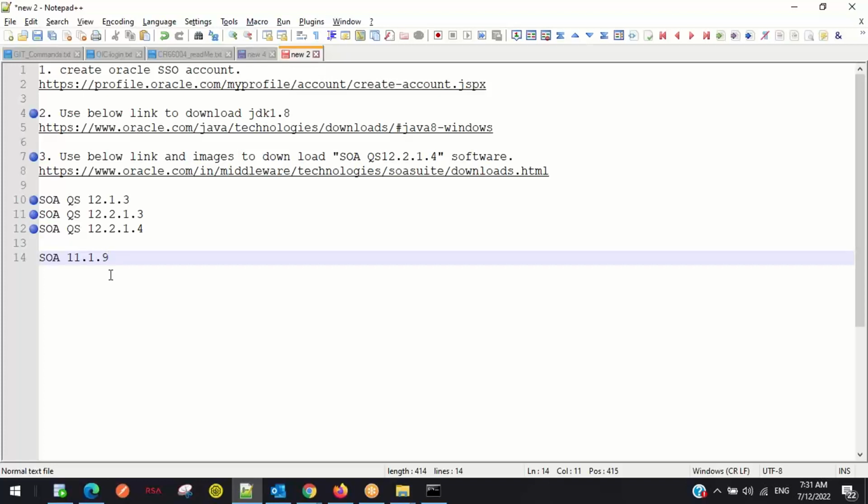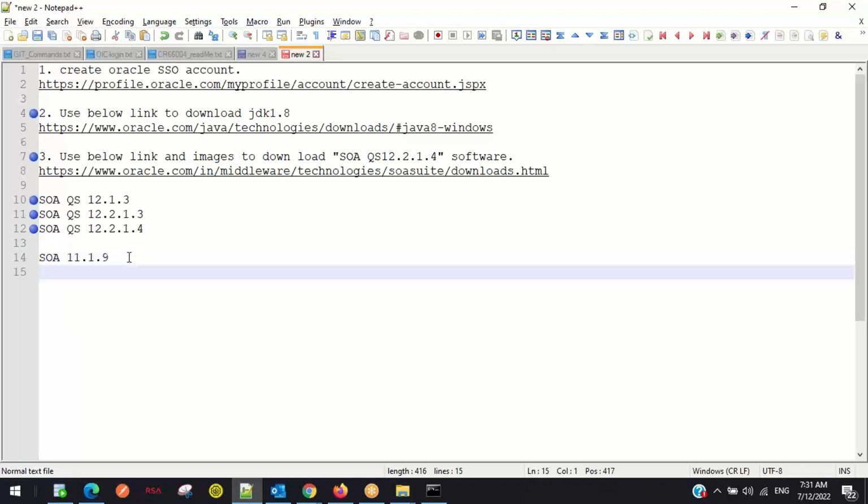The other versions are not supported by Oracle anymore. They are all deprecated versions, the old versions. 11.1.9 is the only version supported by Oracle as of now. This support may continue till next year, hopefully. After next year, Oracle completely stops all support for this version. Anyway, in the 11G version, it is a server setup,